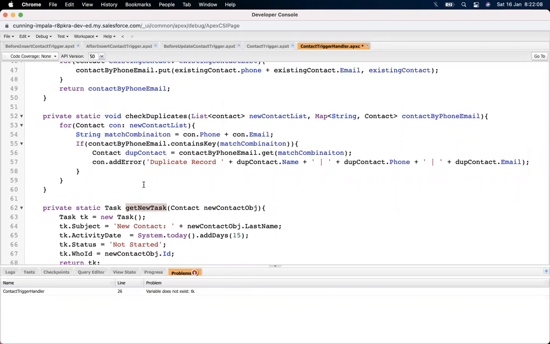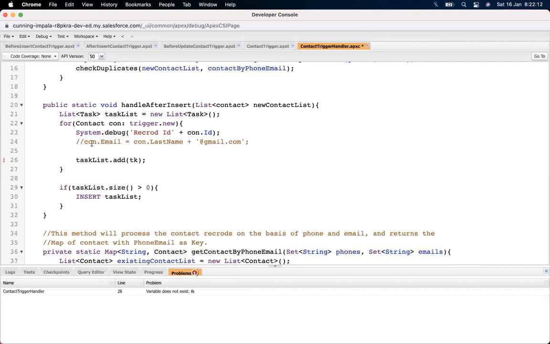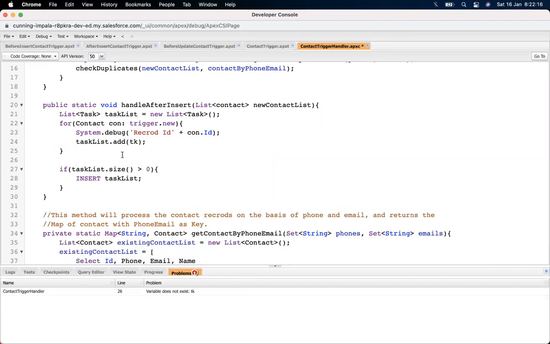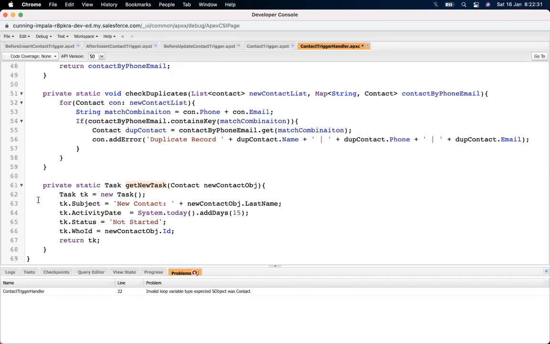Okay, and then copy this one. So I will pass that instance and get a new task. What it will do is create a new task